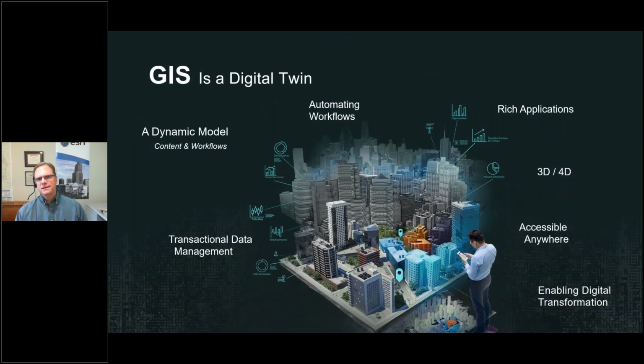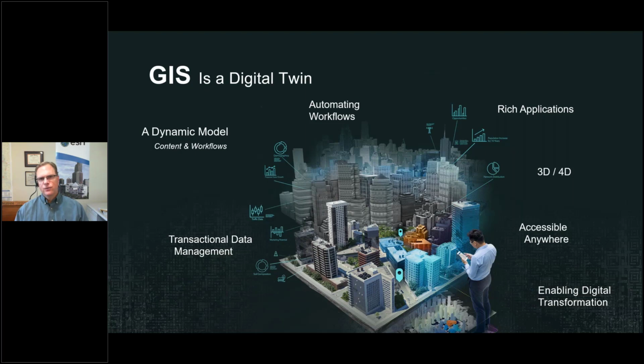And so GIS also provides a digital twin to us, right? So again, something that was emphasized in the infrastructure webinar earlier. And again, the digital twin provides us a way to be able to create a dynamic model of our city. So specifically from a planning standpoint, being able to show the size and structure of buildings, to be able to see zoning, to see the infrastructure, utilities, and so forth, traffic information, and then being able to use that to automate workflows, to be able to work in 3D. 3D is a way of life for planners now. We'll talk about that more.